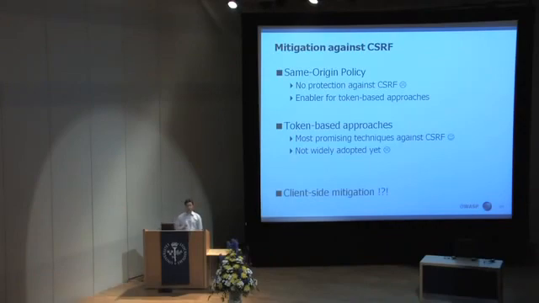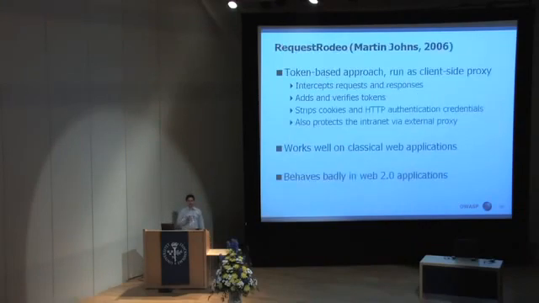So actually we are forced to provide good means for end users to protect themselves against cross-site request forgery at this moment, because not all the websites are protecting themselves on the server side yet. One way to actually get client-side protection is taking the token-based approach into account and putting it on the client side. And this is actually what is done in request